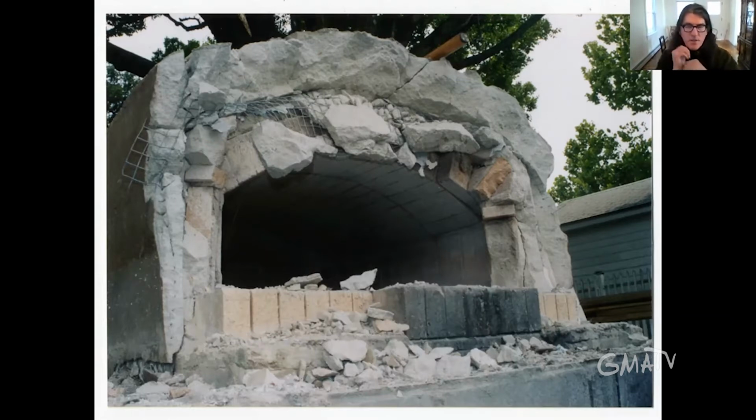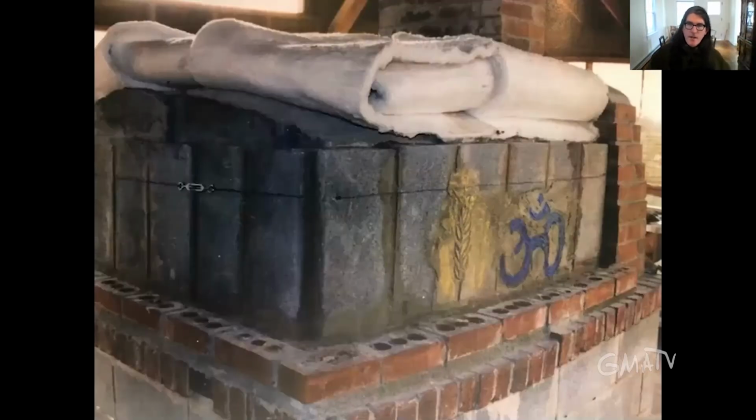And this is a question to think about, like, what's the purpose of the oven? Is it a commercial enterprise and you want more? If it's your backyard oven, you can get by with less. So we want to heat it up, but just like in your home, we want to insulate it. And these are insulation blankets that are on top of the first oven I built